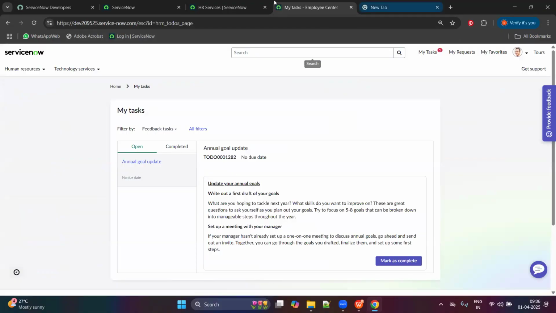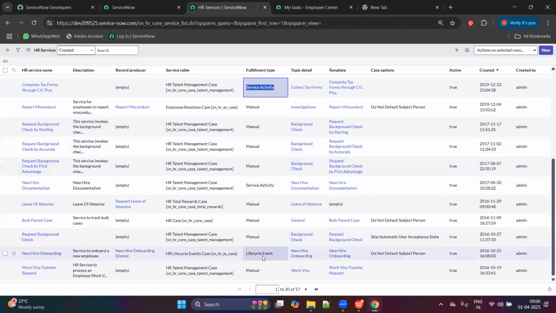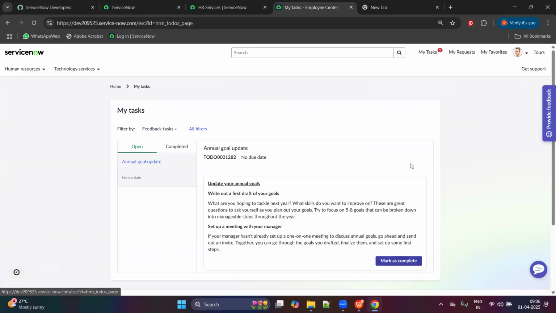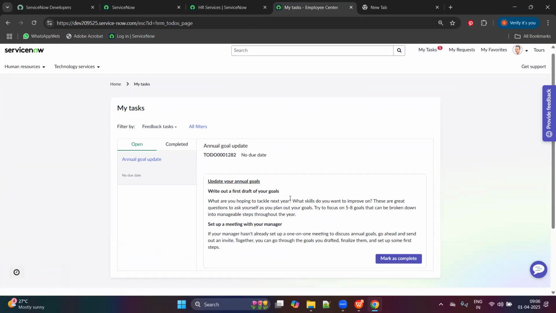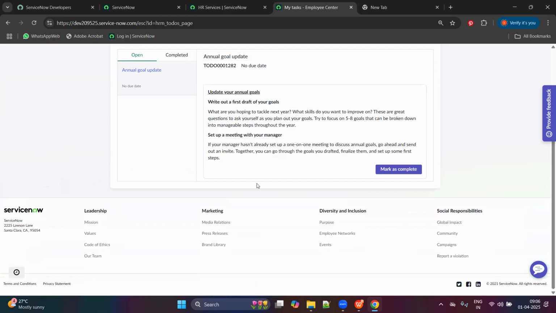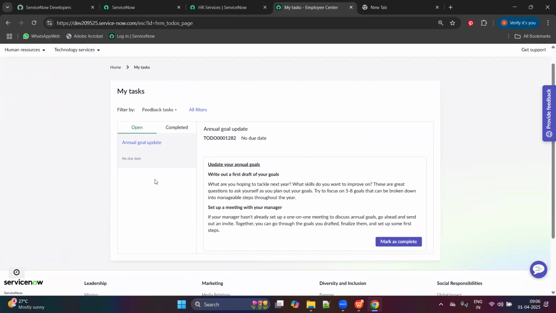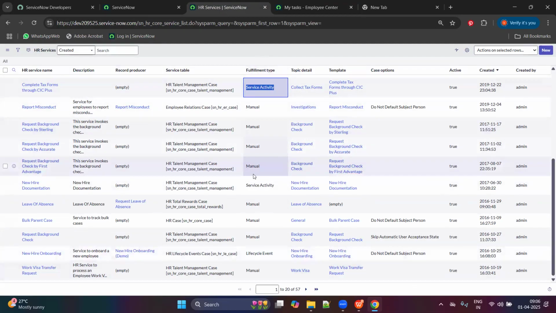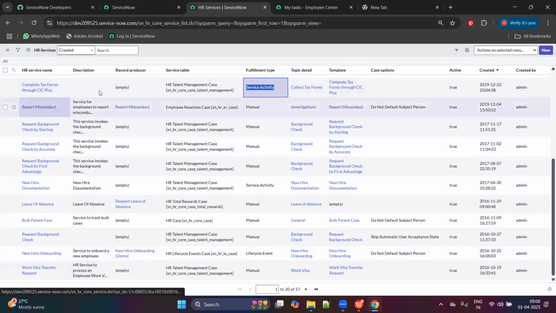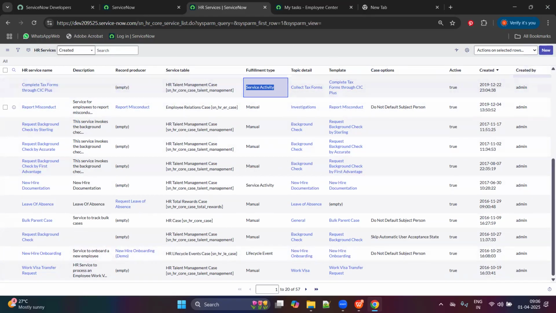There is another fulfillment type, life cycle event, that we are going to discuss today. If anything needs to be done by an employee, employer, fulfiller or approver, it will show either here or under my approvals. Whoever is assigned to do that task, it will be reflected in their employee center and they have to fulfill that. So there are a lot of fulfillment types within the HR service. If you click new,